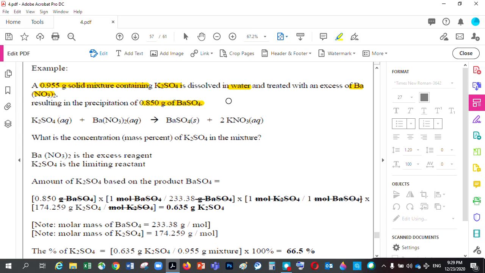This is after the vacuum filtration, after the precipitation reaction. So we added the barium, and we have precipitated barium sulfate there. The solid came out as a precipitate, and the barium nitrate added is in excess. The limiting reactant is